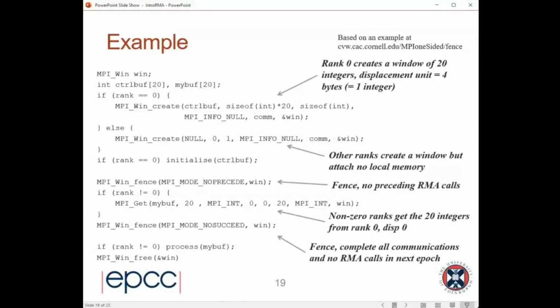So here's an example, which is a slightly complicated example, which comes from a course originally developed by a colleague of mine, Nick Brown, and from a Cornell course. But what we've got here is we're basically going to do a broadcast. We're going to take data on rank 0 and broadcast it to all the other processes, but we're going to do it not with a broadcast, but we're going to get all of those processes to do a get to